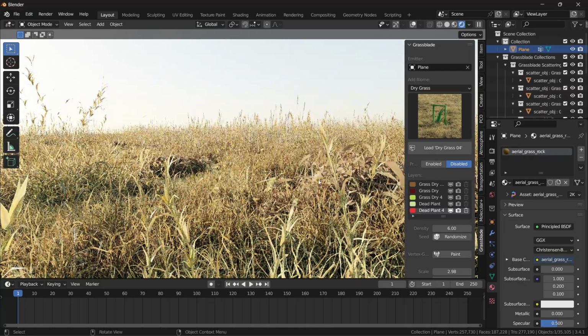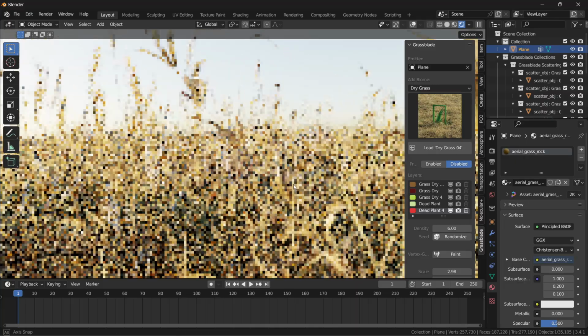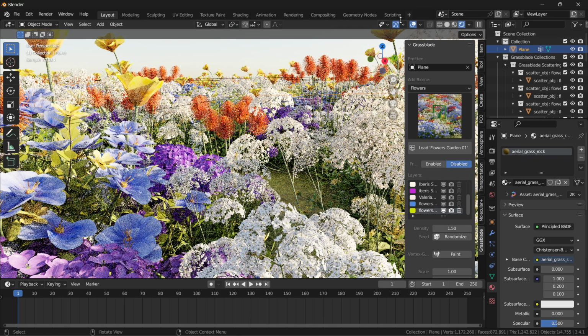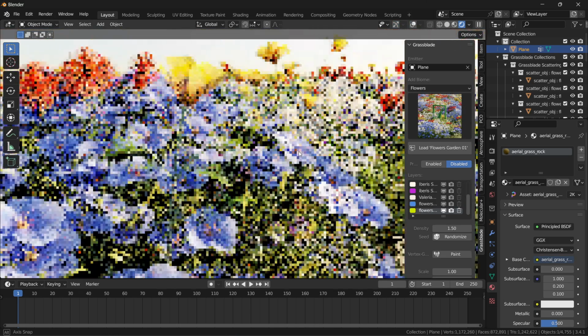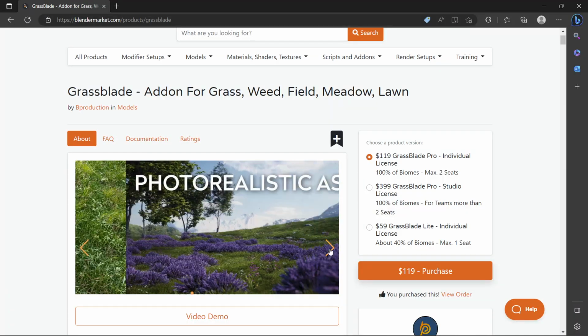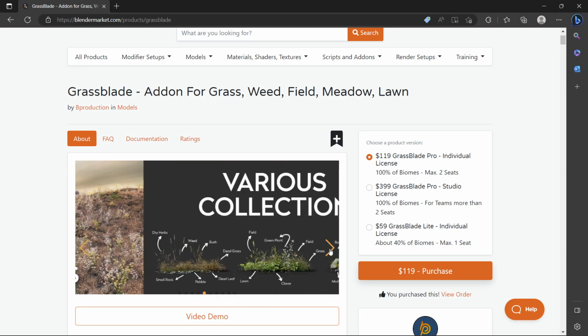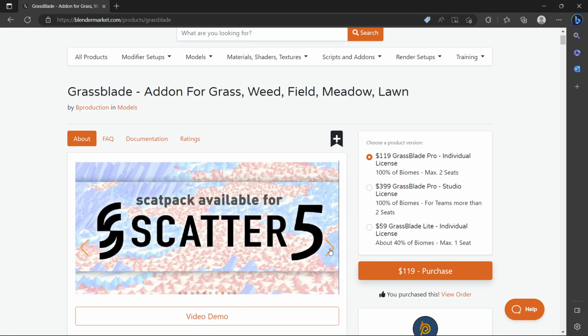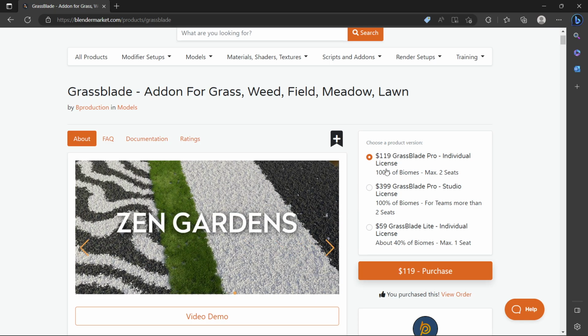Unfortunately, Grassblade is very resource intensive, meaning that you'll need a powerful computer to use it effectively. This can be a deal breaker for some users, especially those who don't have access to a high-end computer. Additionally, it's quite expensive, so it's aimed at more professional users. However, if you're willing to invest in it, it can really help take your Blender renders to the next level